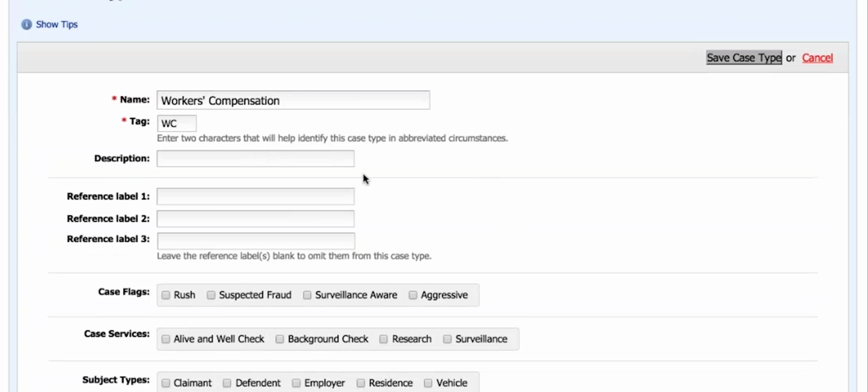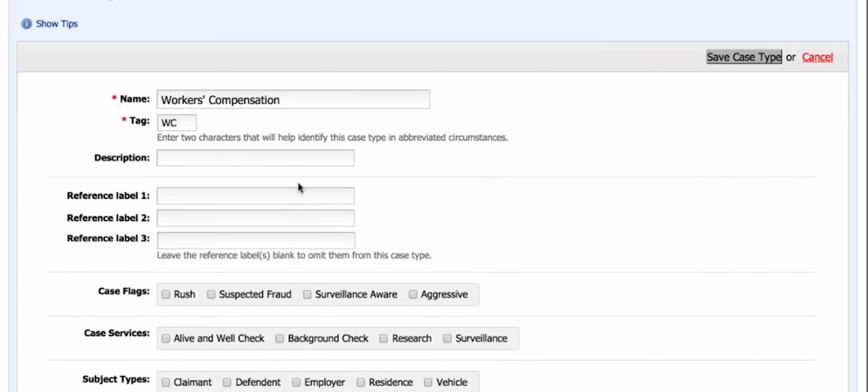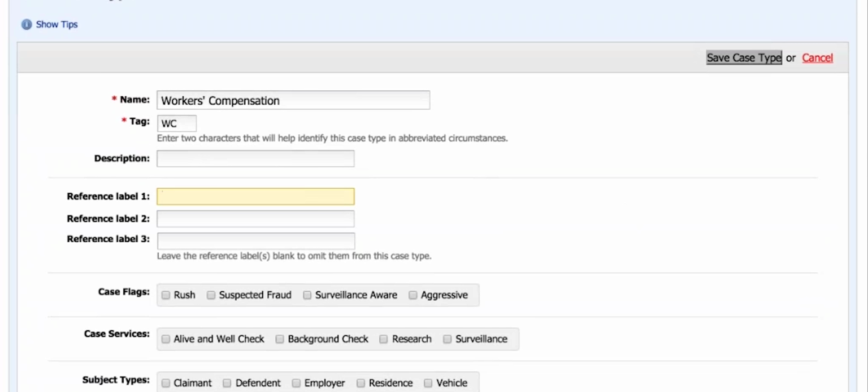I'm not going to worry about a description right now, since the label obviously describes exactly the kind of case this is. Now, reference labels are an important part of gathering information for a lot of folks. Reference labels are used to capture alternative case numbers and or client reference numbers that are related to the case. So for example, if your client typically references this case type by a claim number or an SIU number,